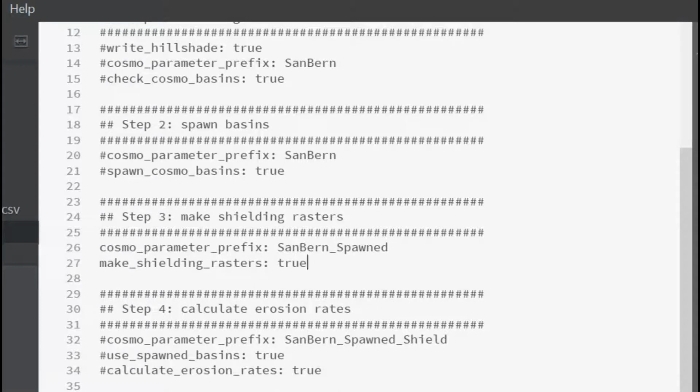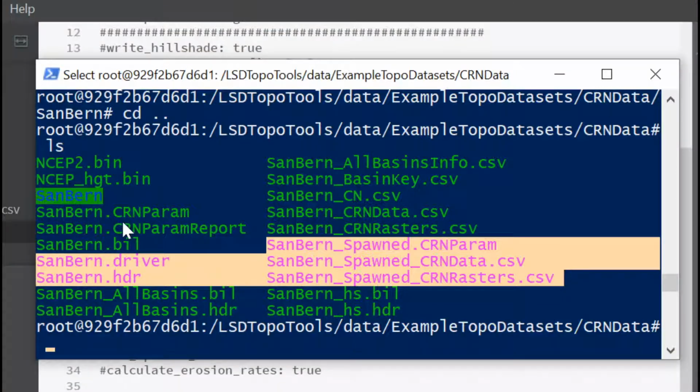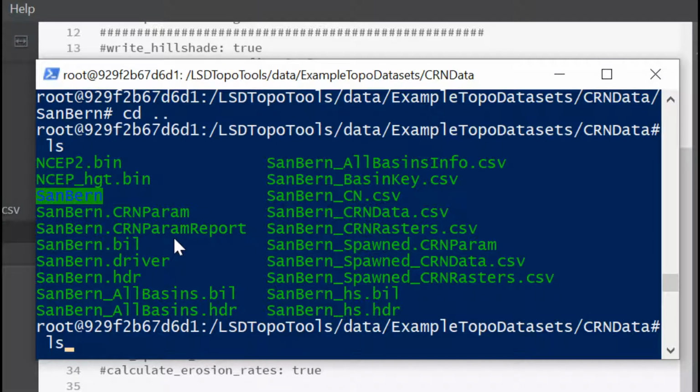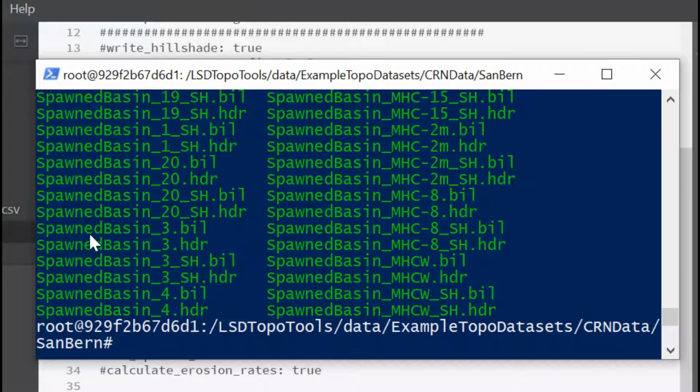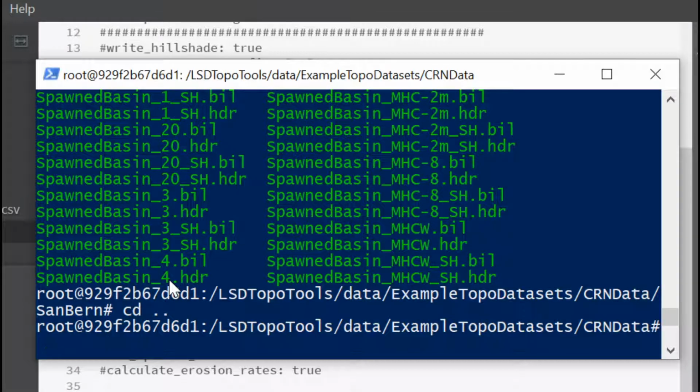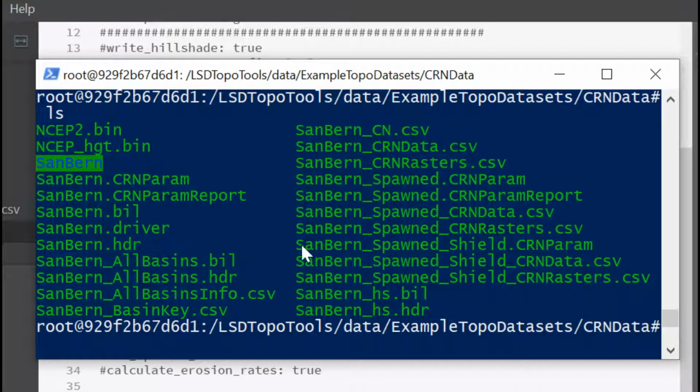So I'm going to run this now. So that's the next step. So I just run this again, just like last time. So that just ran a bunch of shielding. And now if I go into the shielding data set, or the spawn data set, you'll see that every spawned basin has an additional shielding raster alongside it. So this will get read by the updated code. So it's generated new parameter files, and if I look at these,